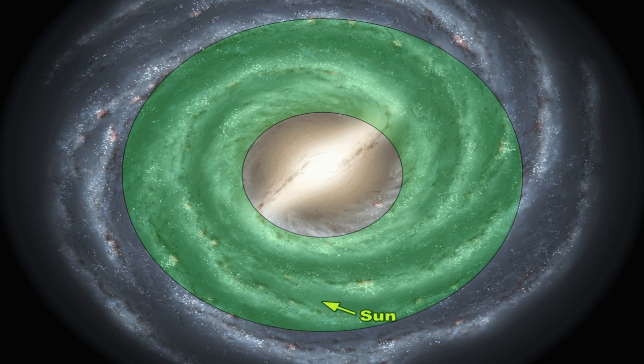Stars very close to the center of the galaxy would receive intense X-ray radiation from the supermassive black hole at the center of the galaxy, and life would be very unlikely to be able to develop in such an environment. Also, stars farther towards the edge of the Milky Way galaxy tend to be very old stars and have very few heavy elements, and so those stars would be less likely to also have planets. Stars within the habitable zone, shown here, other than O, B, or A type stars, since they live a relatively short lifetime, are the best place to start our search.